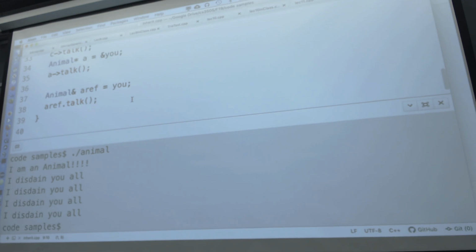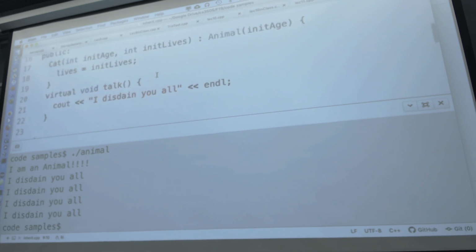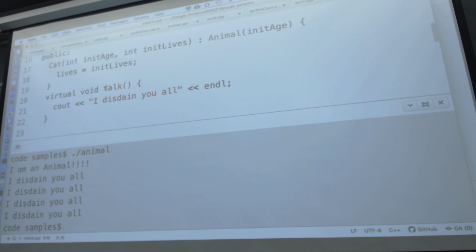Okay, virtual. Now we can go one step further and make this into an abstract base class. An abstract base class has methods that are not implemented, and classes that inherit from it need to implement those methods. So it becomes a contract as to how these derived classes should all behave. And so, for example, I can turn